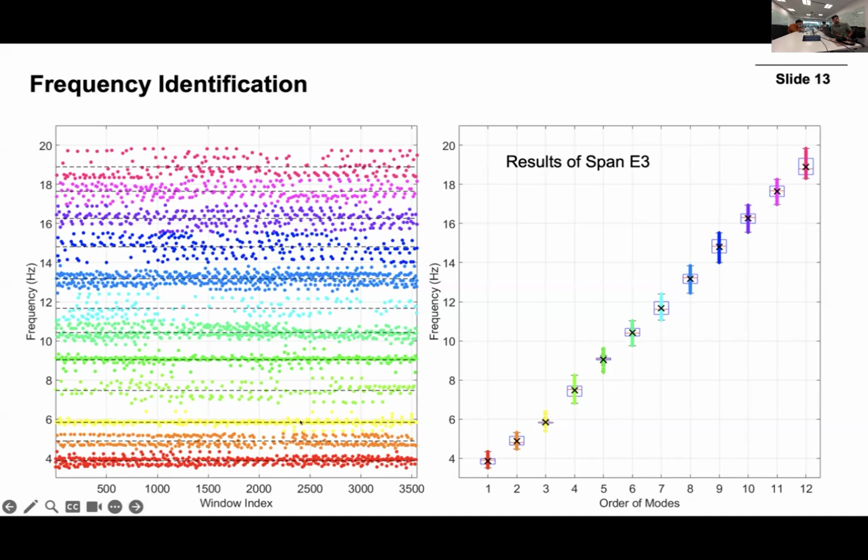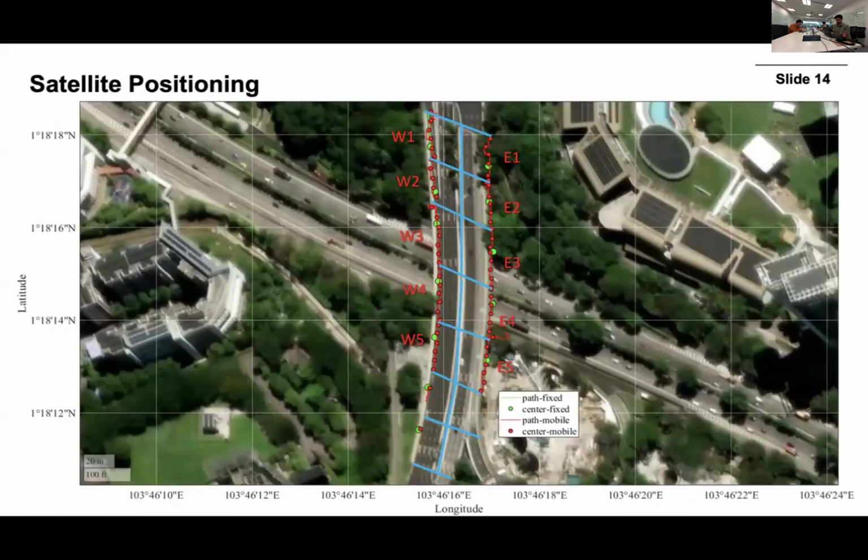And also, for example, this one is also a very stable mode because it's more concentrated near the center. But for the higher modes, you can see that those points are more scattered, indicating there is higher uncertainty. So this is the results of frequency clustering. And based on the frequency clustering, now we introduce the satellite positioning results,